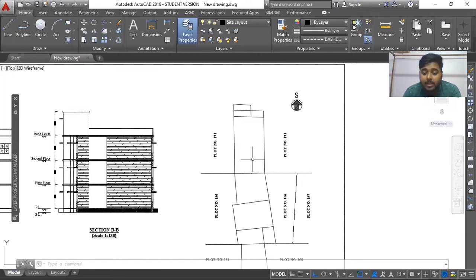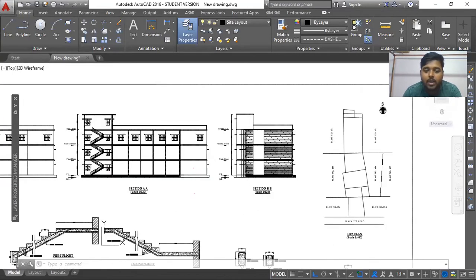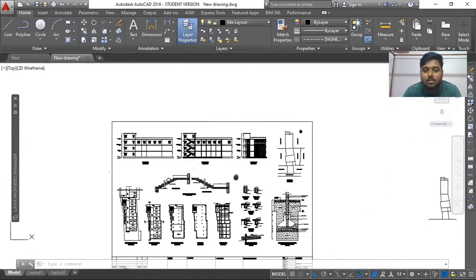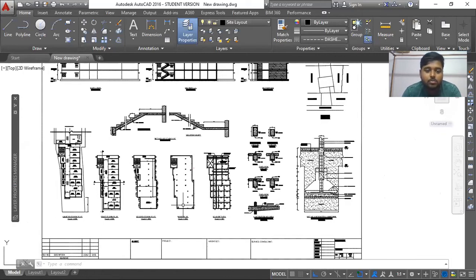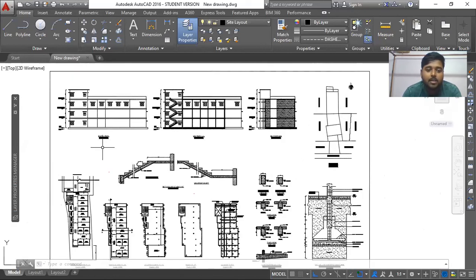So in that particular scenario, in order to earn something or start your freelancing, you need to know some portion of everything, so that you can get the food on the plate. That is why I'm telling you all these things. Obviously, you don't need to focus on the structural details. That is completely under the engineering part. But at least you should understand that there may be a requirement of elevational drawings, sectional drawings, and all those things.